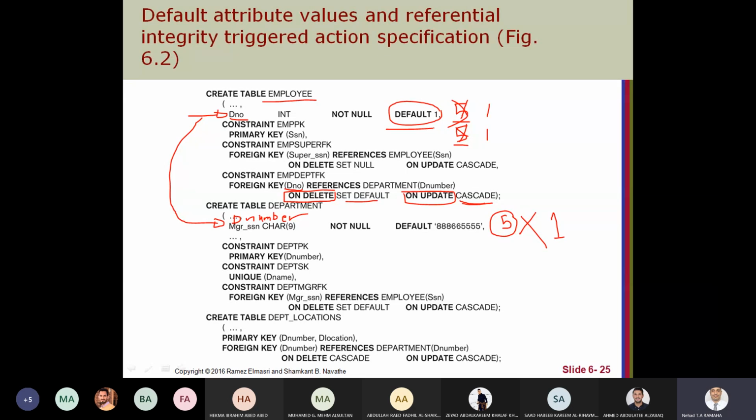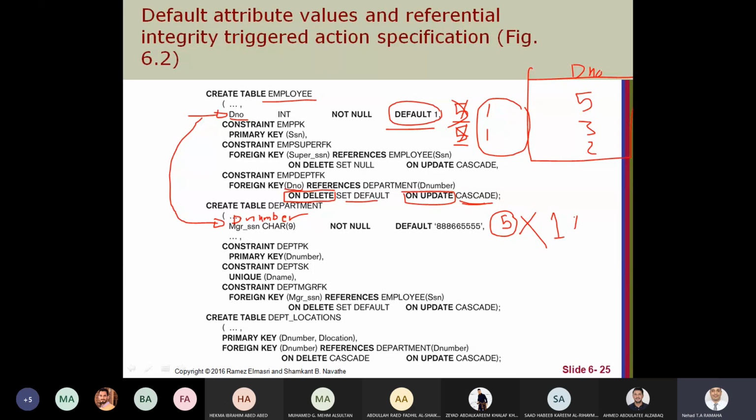It will be rejected, but not always. It will be rejected if there are values here. Okay, focus. If I have a table here and I have D number, and the D numbers are 5, 3, 2.